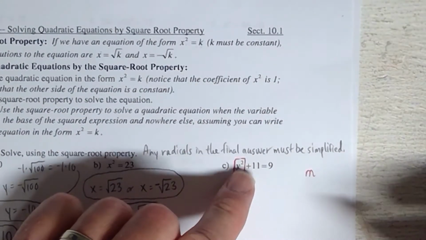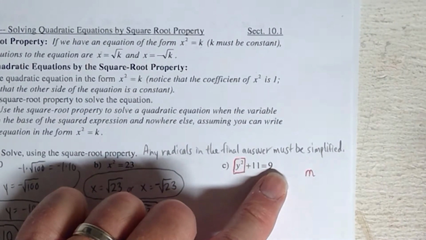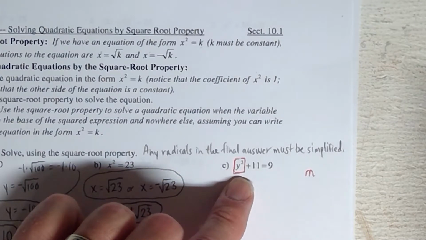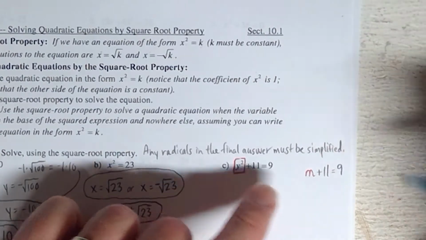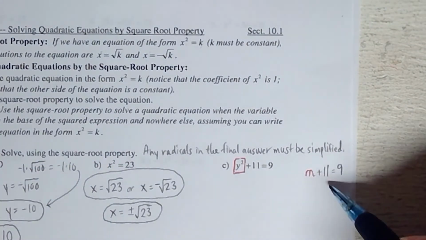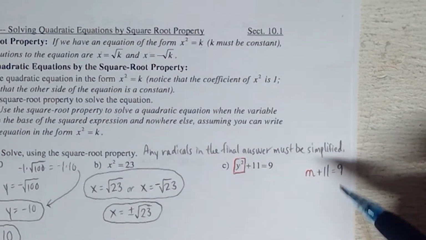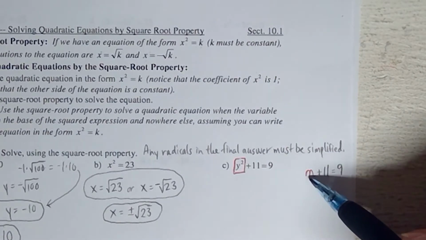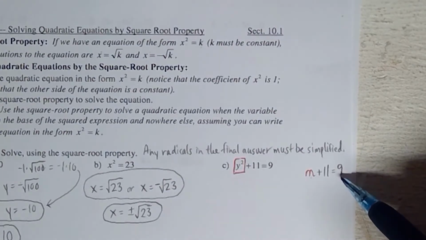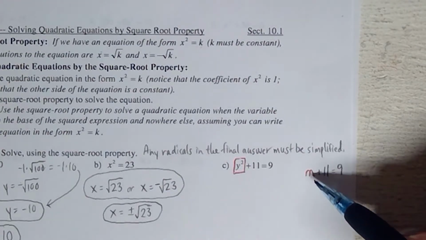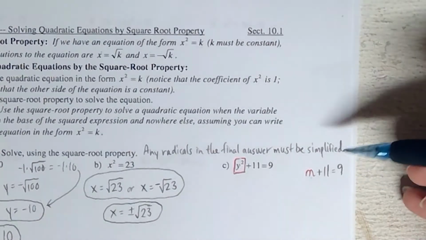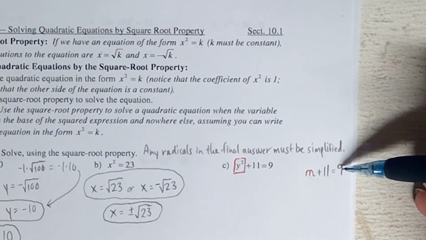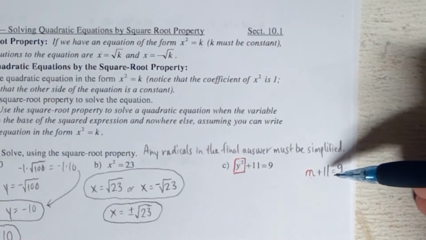So instead of the box plus 11 equal to 9, since I'm trying to get the box by itself, I'm going to pretend like the box is a letter. And now I ask myself, how do I get the m by itself here? Suddenly, and we're just pretending here off to the side, this equation became a linear equation because it's just m to the first power. It's not m to the second. We learned in chapter 3 that when you have a linear equation, no m squareds or m to the third, just m,